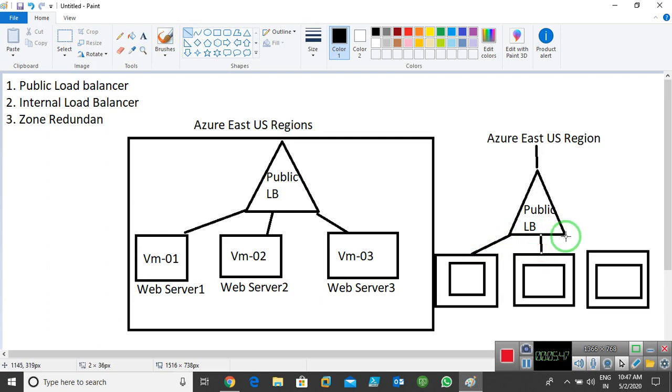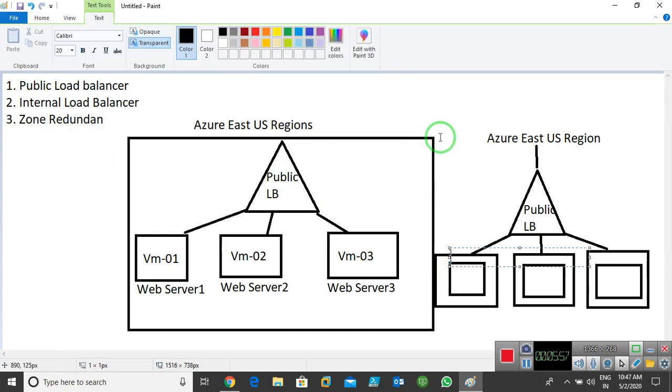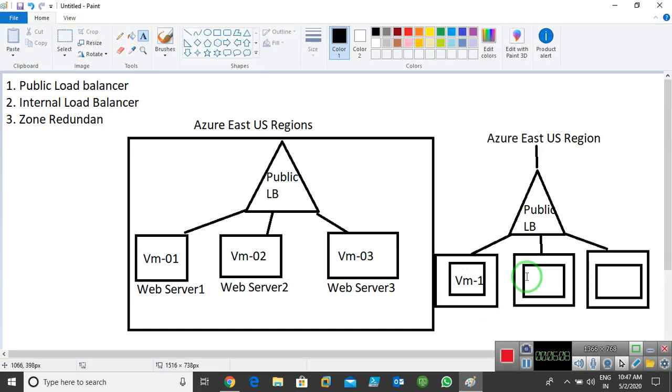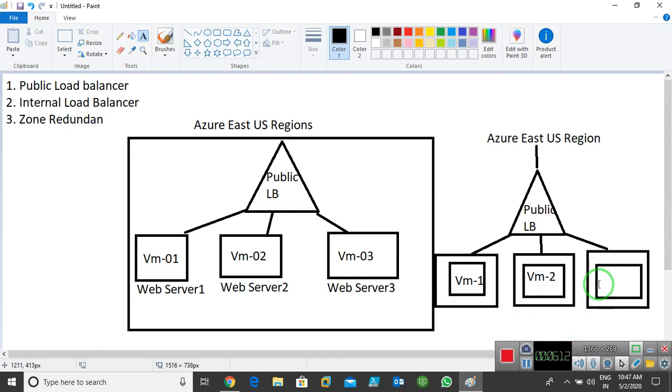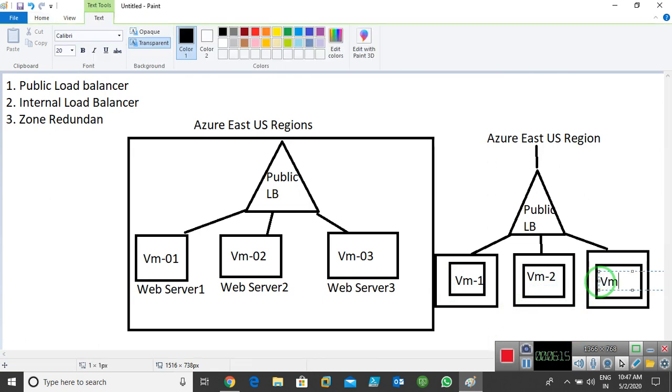Now what is the change in zone redundant? Imagine this is my VM1, this is my VM2, and this is my VM3.